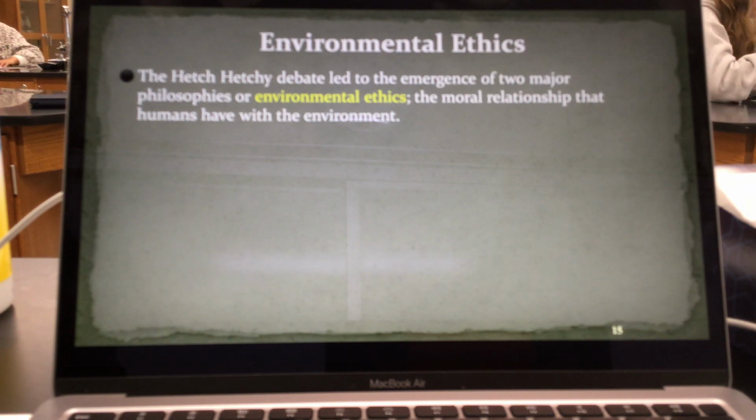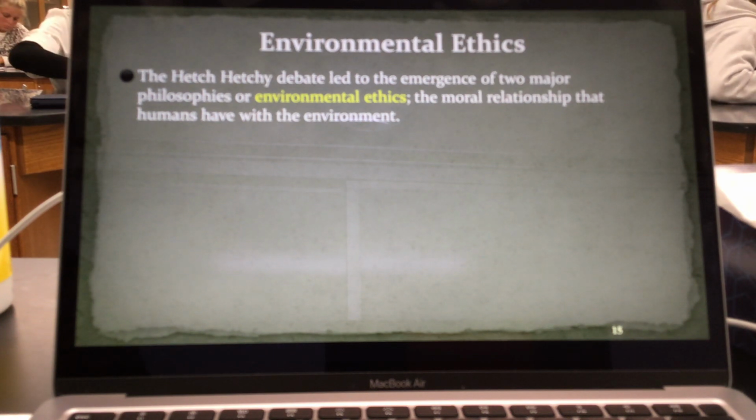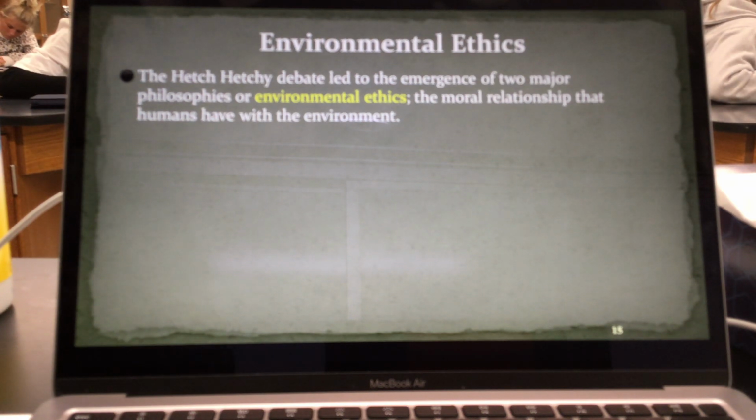Environmental ethics came into play because for them to build this dam, they had to go into this national park and basically destroy what a lot of people thought were resources. They were having to cut trees or just dig holes and force animals and other organisms in the area to move out of that area.